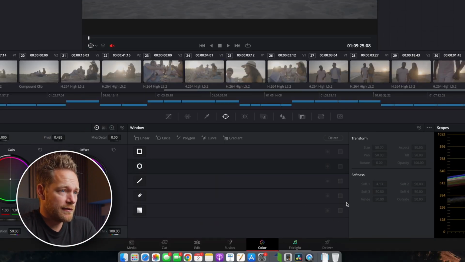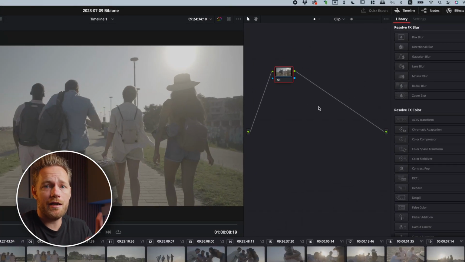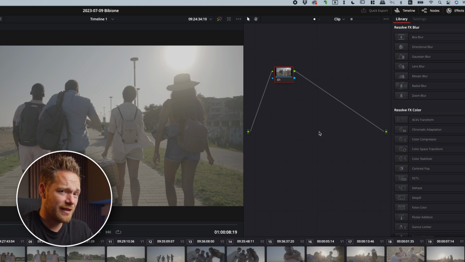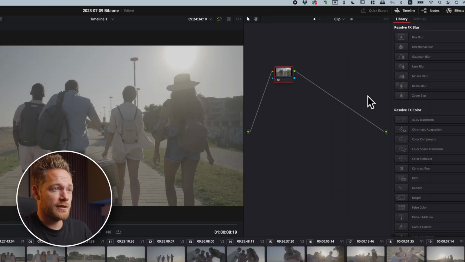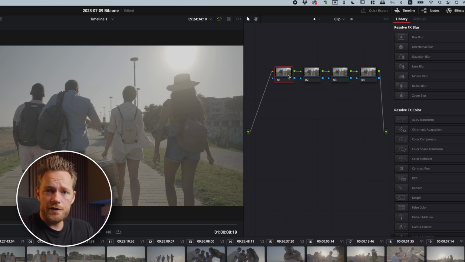Okay, let's click save. So this area here are nodes. It's similar to layers in Photoshop, but a bit different. I won't go into details here, but if you want to know more, check out that video from Casey Ferris. So first I'll create a few of these nodes with shortcut Option S. On the first one I'll do basic corrections like white balance, shadows, highlights and similar. Second one I'll use if I need to change the hue or saturation of a particular color. Third one for applying color space transform, and the last one for applying a bit of that teal and orange